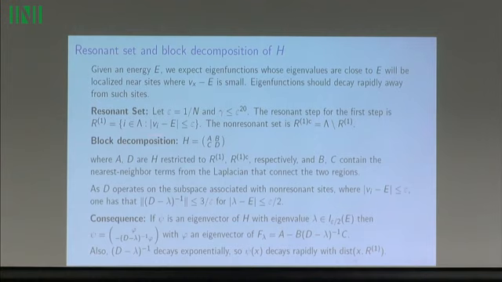R1. This is a subset of the lattice. It's all the sites i such that |Vi minus E| is smaller than epsilon. All right, so here epsilon is 1 over n, basically. So